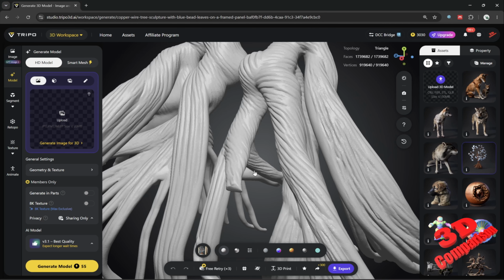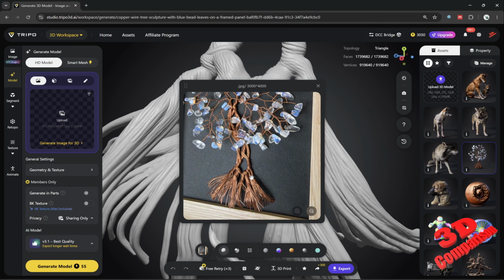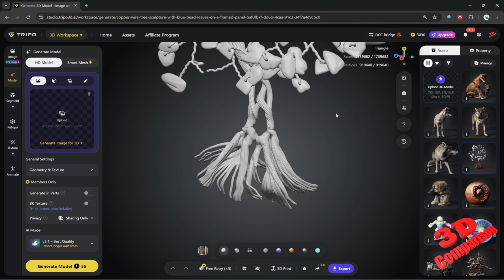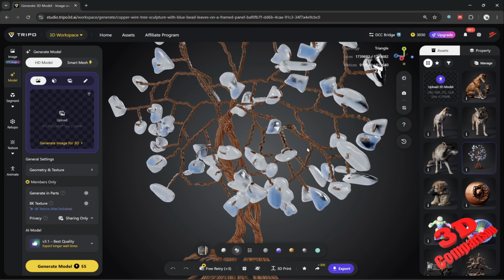Now, it's not the same thickness as the original reference. If I'm going to zoom in over here, we're going to see that especially over here on the bottom where we have the roots of the tree, those copper wires will be a lot thinner. Over here where those will be braced like this, they will look as following. But still, I'm quite impressed that Tripo managed to recreate this, especially because this is a trickier object, for example,